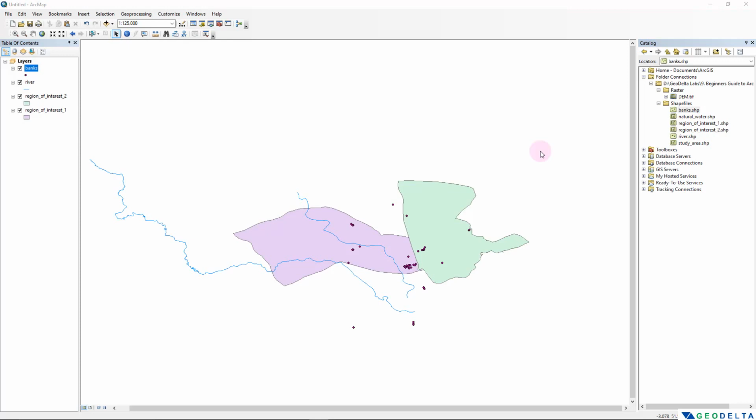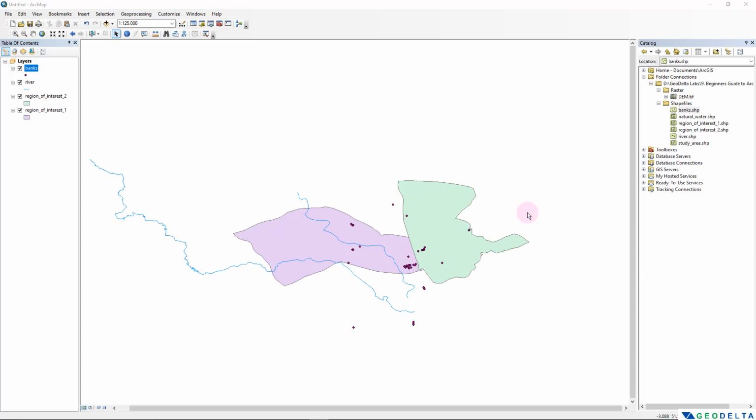Alright, now let's say you wanted to access the specific information about each of these different attributes. All of that information can be quite easily accessed using something called an attributes table. If you happen to have multiple attributes, that information will be listed in this so-called attributes table. Now, for example, when you have the dots over here, just because the name of the shapefile was banks, you might have an idea that it might be the locations of these different banks, but right now we